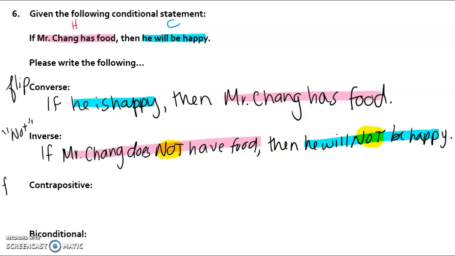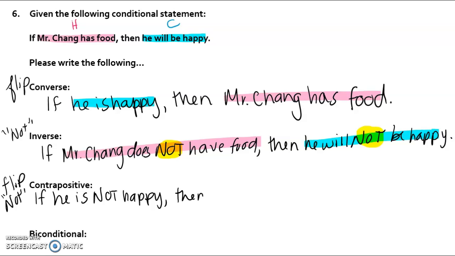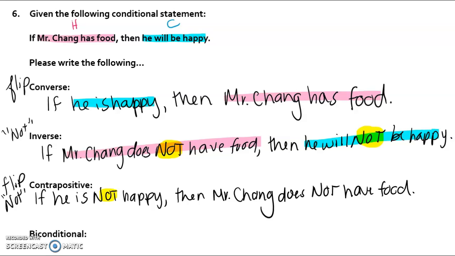The contrapositive is found by doing both, flipping and negating, or adding the word not. So I will need to look at my conclusion first. If he is not happy, then Mr. Chang does not have food. I added not to both of my statements, and I flipped it so that the conclusion came first and the